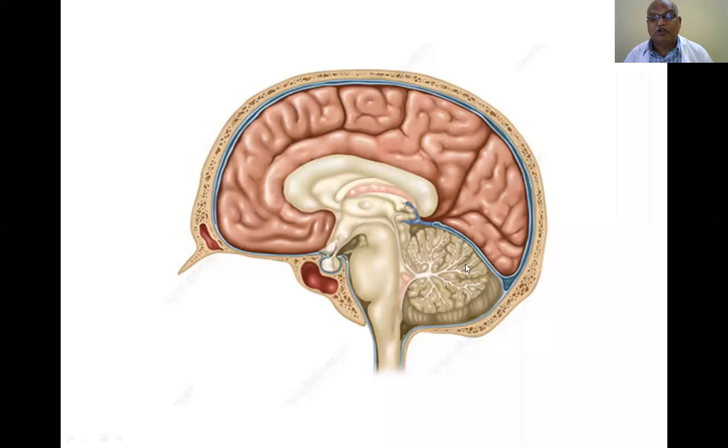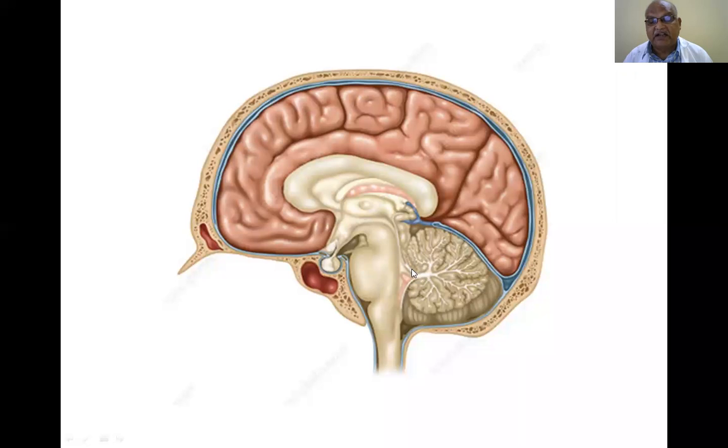This is present in the posterior cranial fossa. This is the fourth ventricle, this triangular shaped one. This is the floor of the fourth ventricle, a triangular shaped cavity. This is the dorsal surface of the pons, this is the ventral surface of the pons, and this is the dorsal surface of the upper part of the medulla. This tent shaped cavity is the floor of the fourth ventricle.